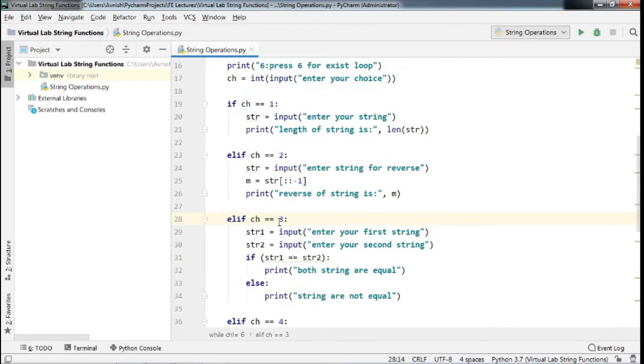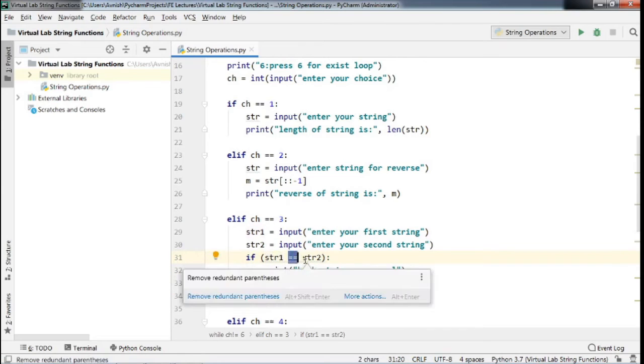Suppose the user gives choice 3, that we again compare using the comparator operator, double equal to. If this case is true, then we will take 2 inputs from the user to check whether the strings are equal. The first string will be stored in str1, the second input string we will store in str2, and using if and else, this conditional operator, we will check whether string 1 is equal to string 2.